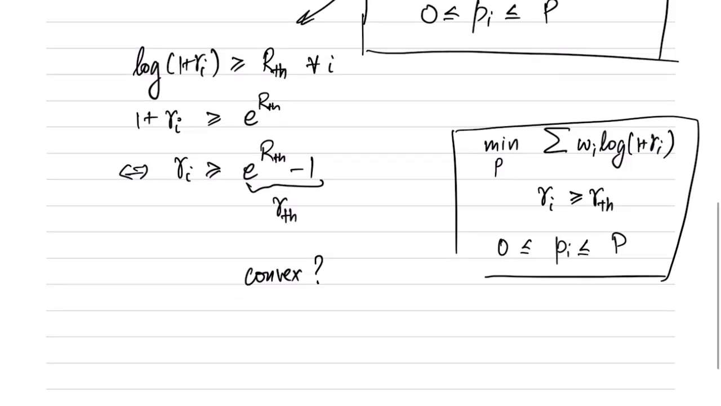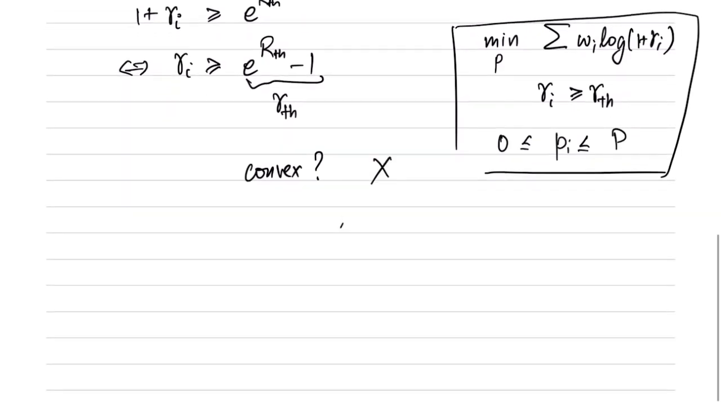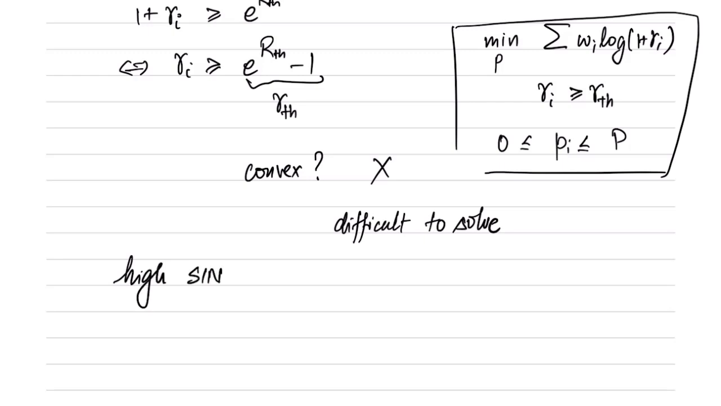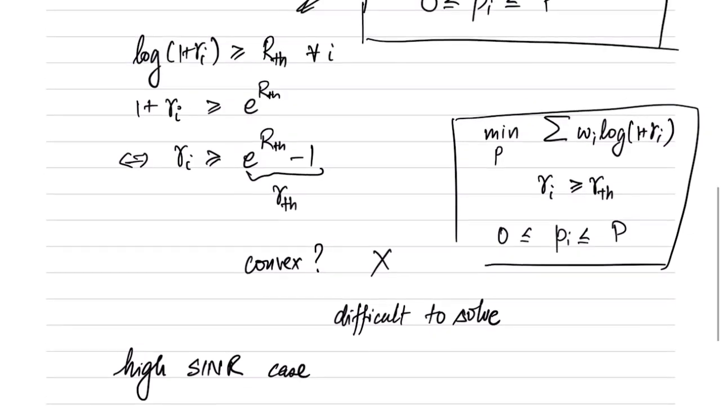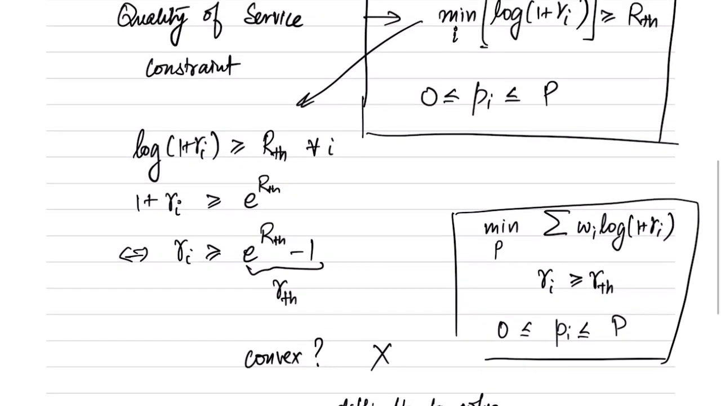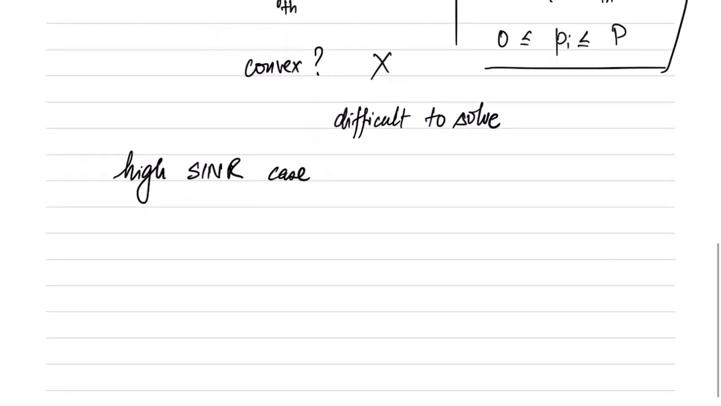So it turns out that this is not a convex problem, and it is genuinely difficult to solve. But there is a special case when we can actually solve this problem, which is the high SINR assumption. There are scenarios where the user rates are high, and that happens if the SINRs are high. So if all the users are getting good rates, then the SINRs are high, and in that case we are